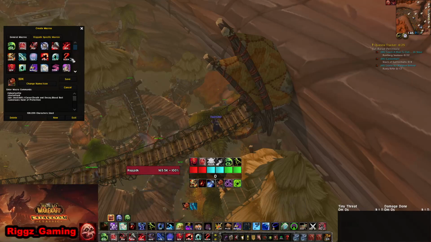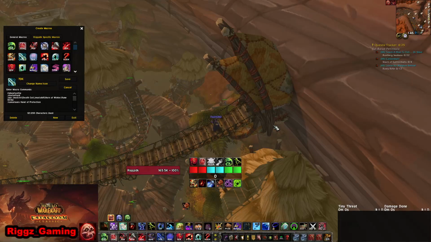Next up, we have the Rune spending and generating macro. As you can see on here, I have still got Death Coil as a Blood DK, which might surprise quite a few of you. When I hold down the control key, it will allow me to cast Death Coil at my targets. The reason for that is there's still plenty of times when all of our runes are on cooldown,